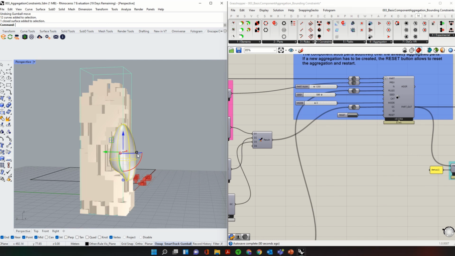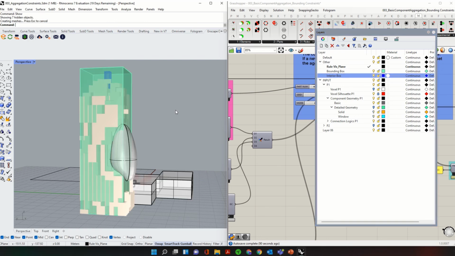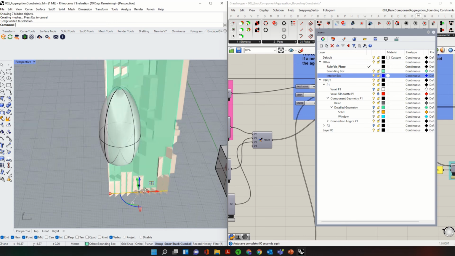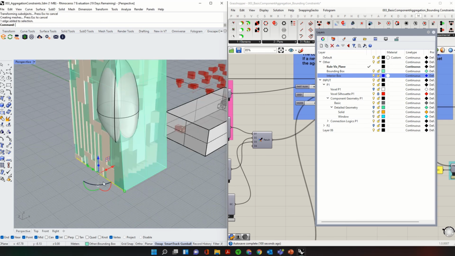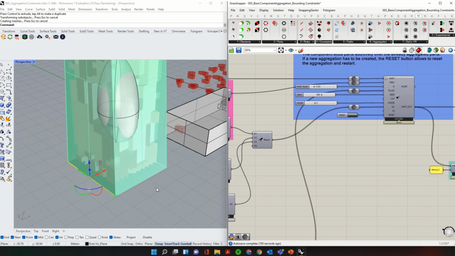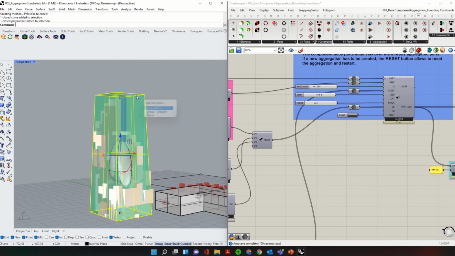It doesn't necessarily always have to be a box. So I can say, well, maybe I want this to come out a little bit, and then I want this to come out a little bit. Now if I change this, the tower is going to be a little bit different in terms of its